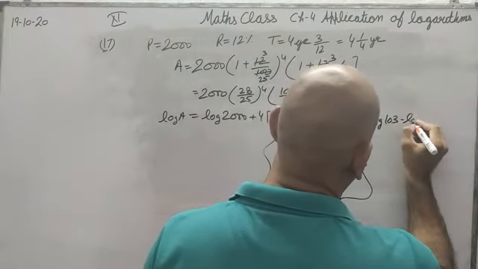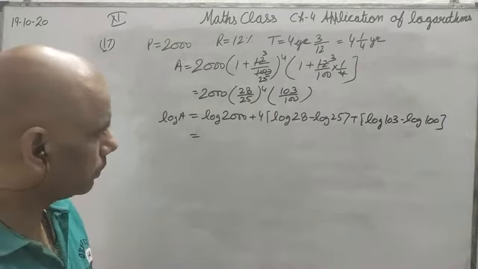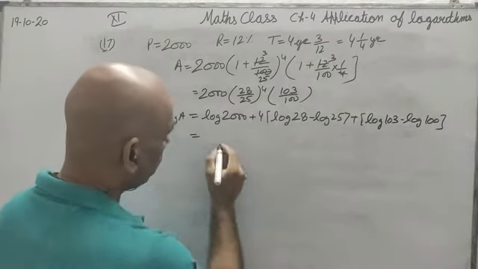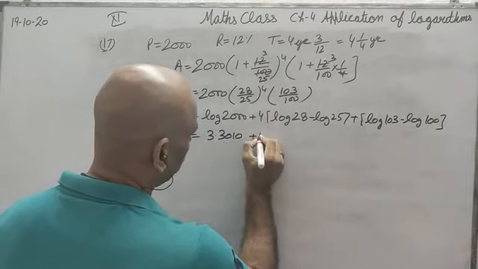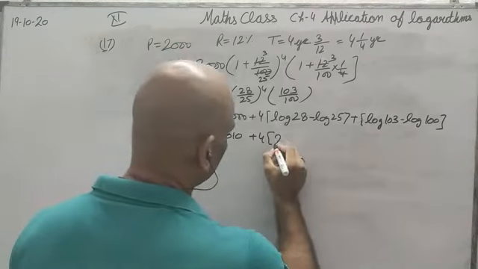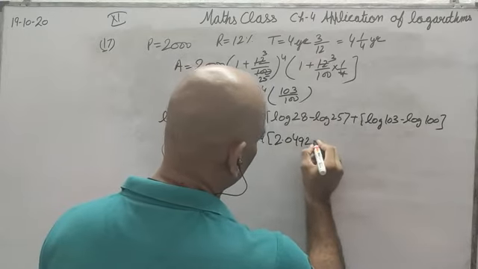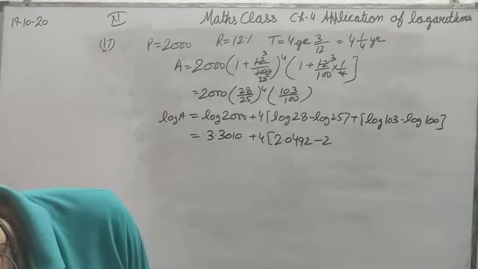Now simply I will have to substitute the value of these logs. Log 2000 is 3.3010 plus 4, log 28 is 2.0492 minus log 25 is written as